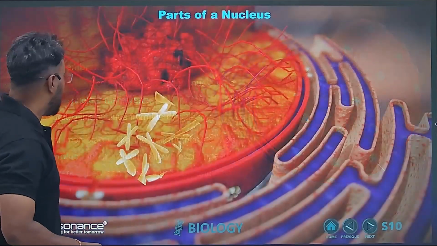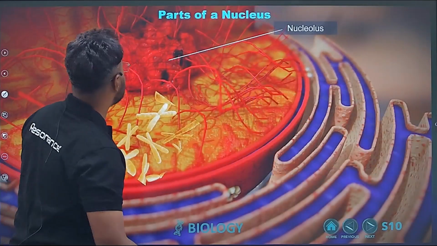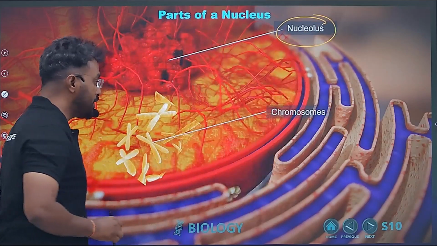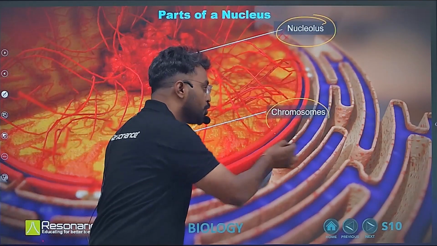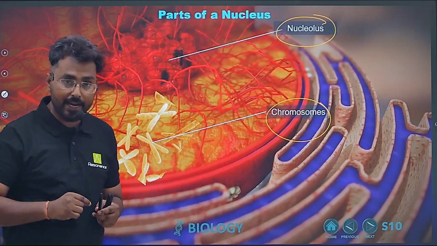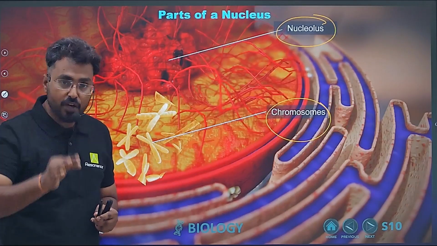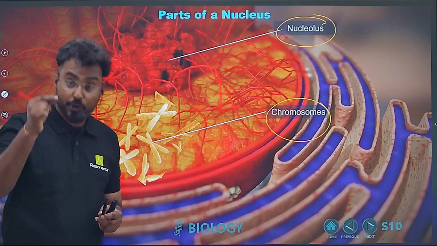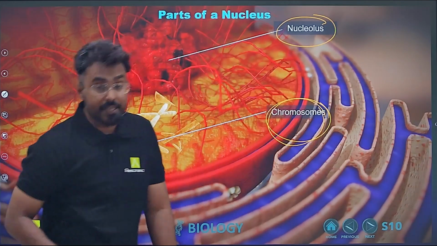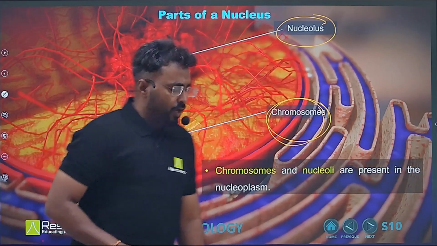Now moving on, we have different parts of the nucleus, that is the nucleolus and the chromosome. As we have learned, the nucleolus is a storehouse of RNA, and it is involved in the formation of ribosomes, that is the protein factories of the cell, and we have the chromosomes which contain the genetic information of the